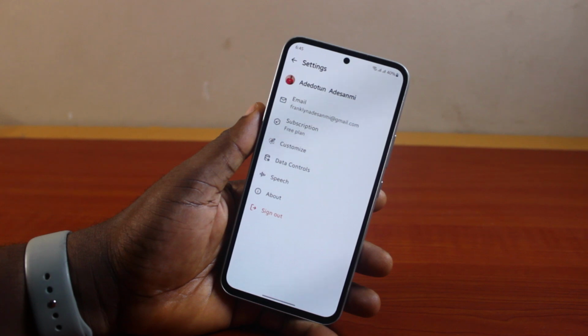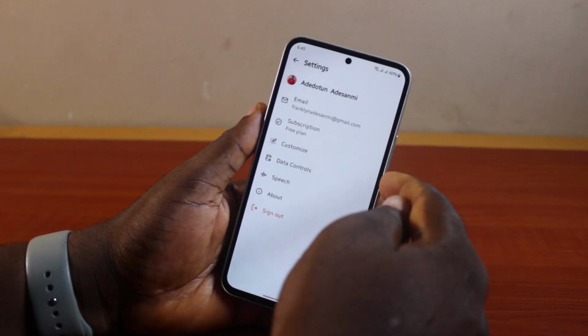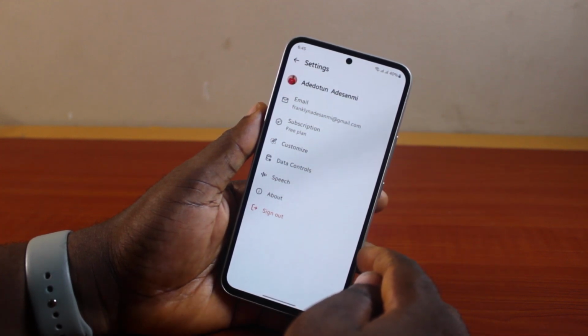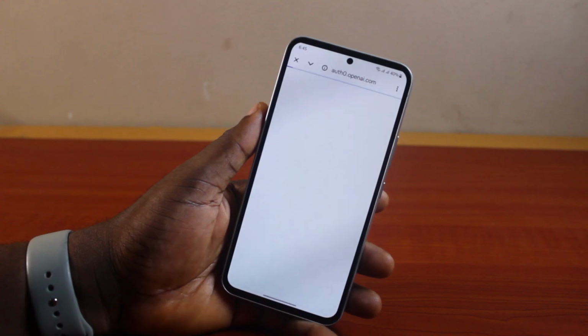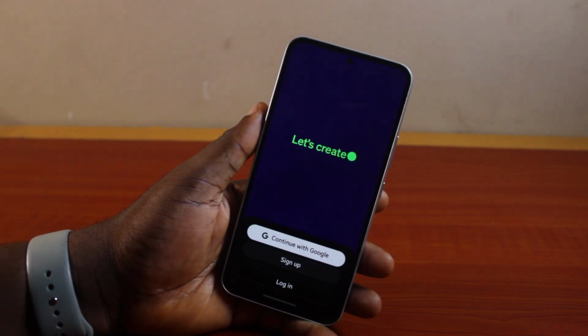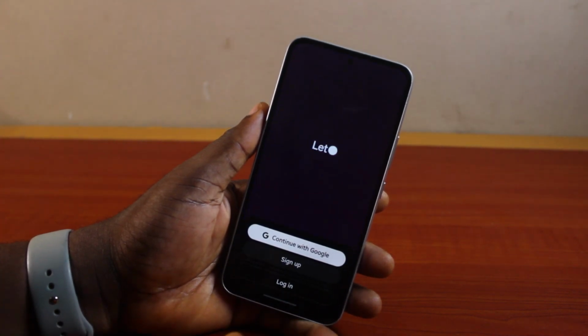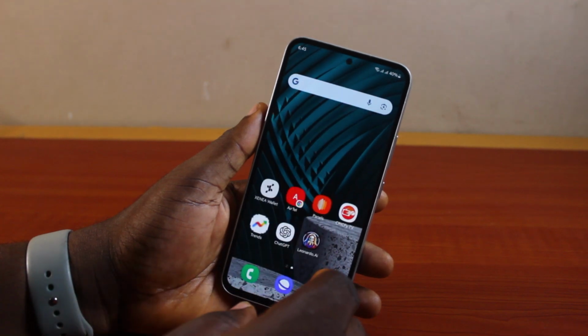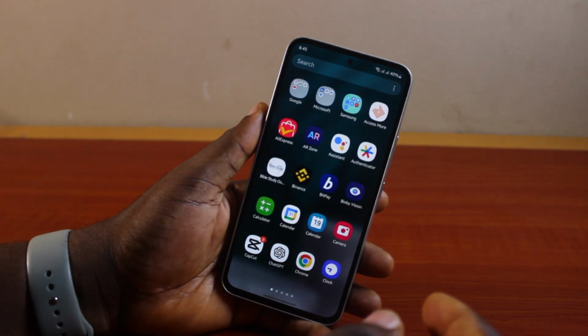Now, once you select your profile icon, you should see information about your ChatGPT here. Now, to sign out, just click on sign out. Then you should see ChatGPT signed out straight away on your Android phone. You can do this on Android, you can do this on iPhone to sign out your ChatGPT account on your